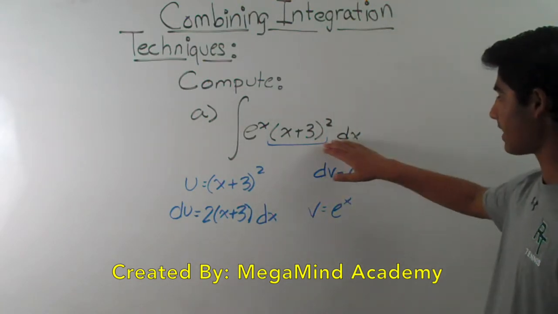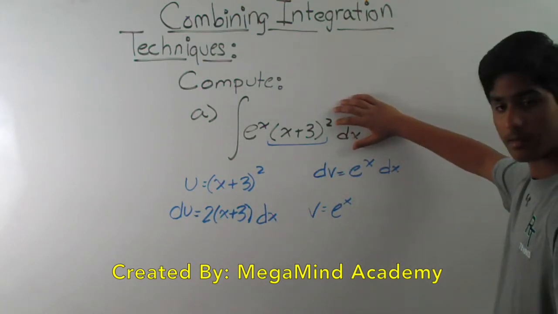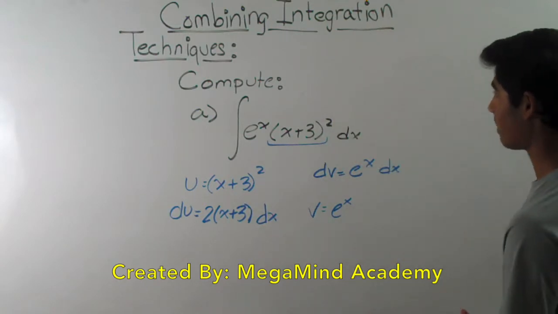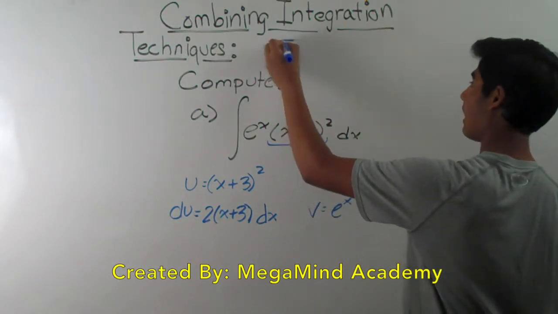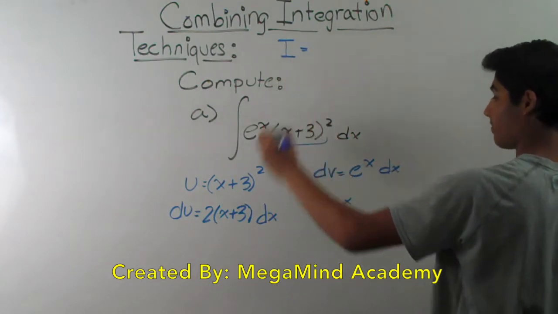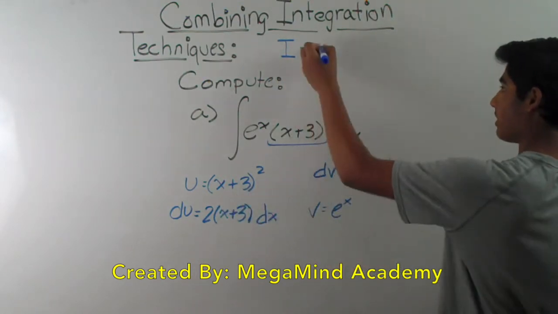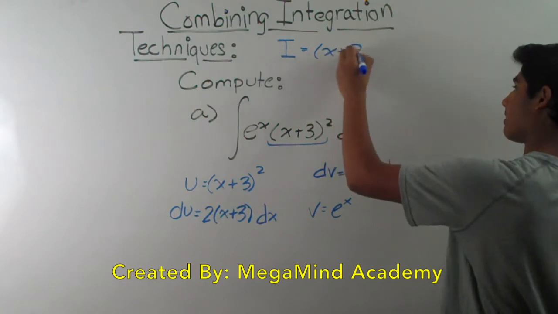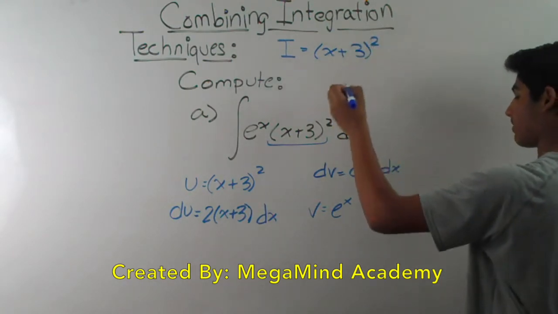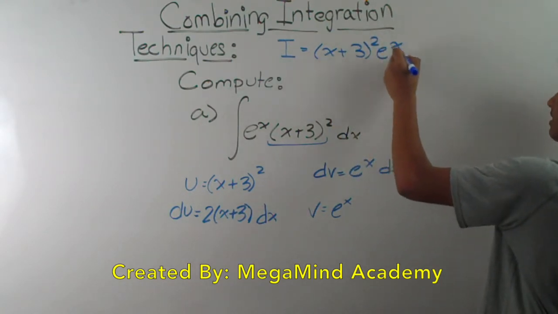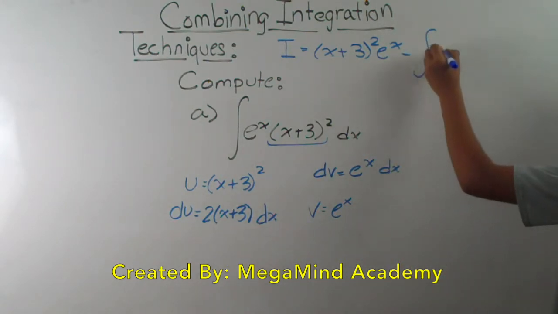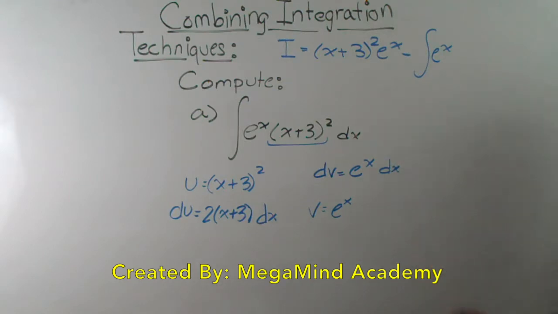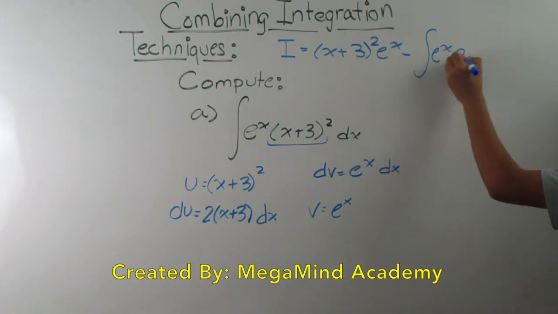Because we have to apply this twice, since we have a 2 as the exponent, the first part becomes that the integral I is equal to uv, (x plus 3) squared times v, e to the x, minus the integral of e to the x times du, times 2,